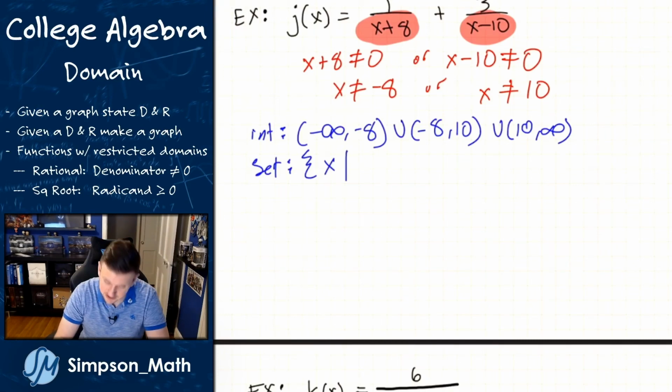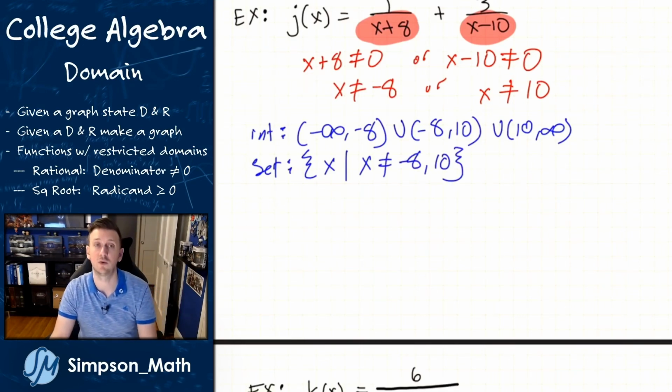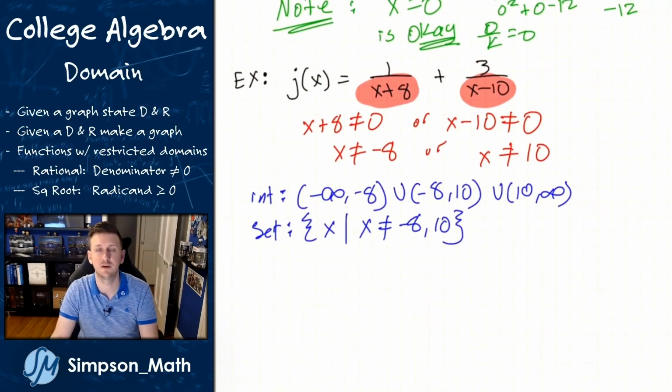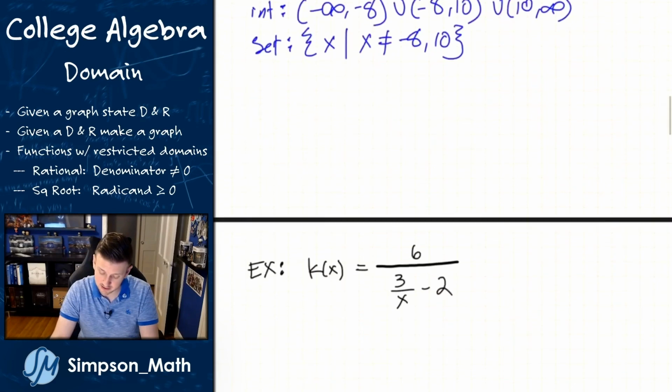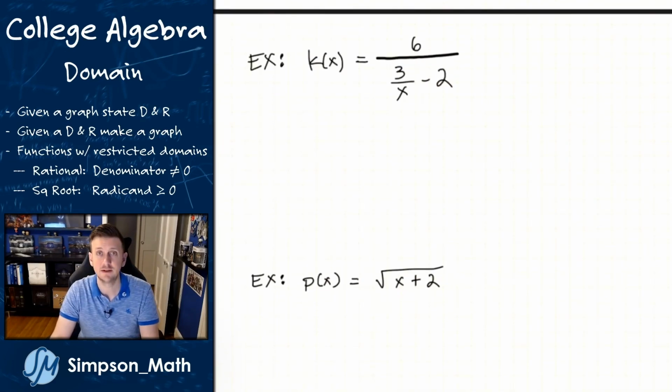Set of x's such that, again, we've implied all real numbers, but I'm just going to say x does not equal -8 and 10, and I prefer it if you write those in numeric order from least to greatest. All right, so that's the domain restrictions for this one. All right, let's take a look at k of x. So, what, Mr. Leach, you're just acting a fool now with all this fractions inside of fraction business. Yep, you're right, I am. All right, so